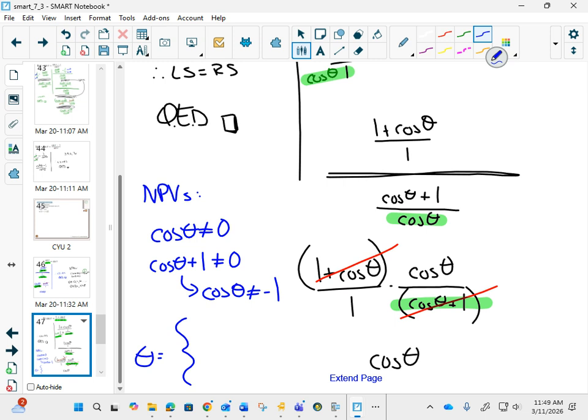We'll just start listing them. From 0 to 2 pi, cos of theta is 0 at pi over 2 and 3 pi over 2. What about -1? That happens only at pi, right? And if I want to write all the coterminal ones,